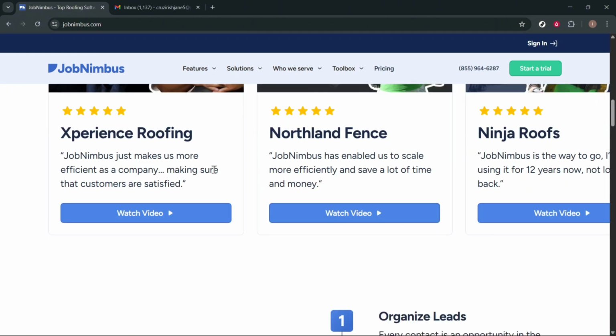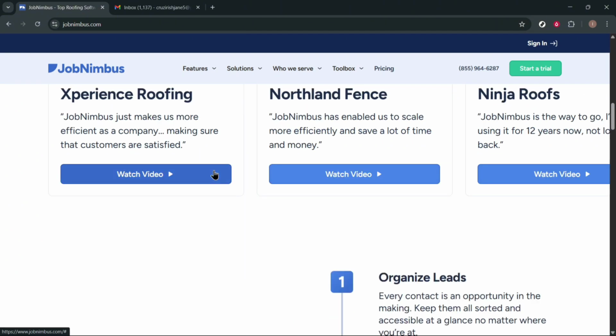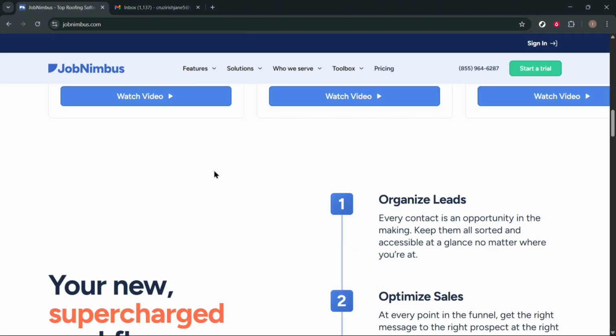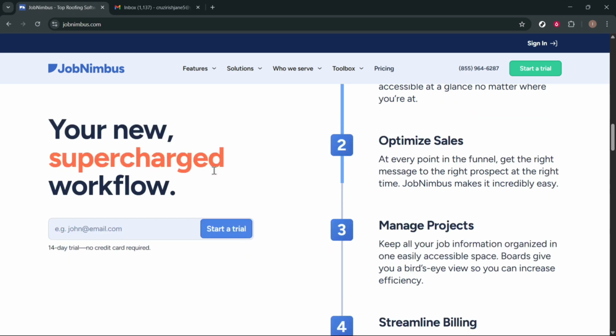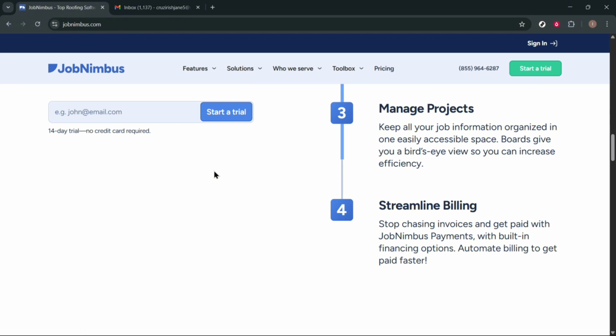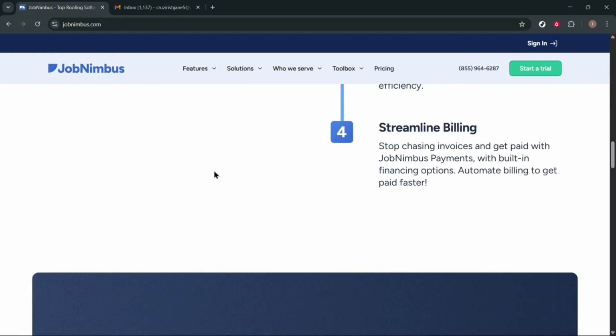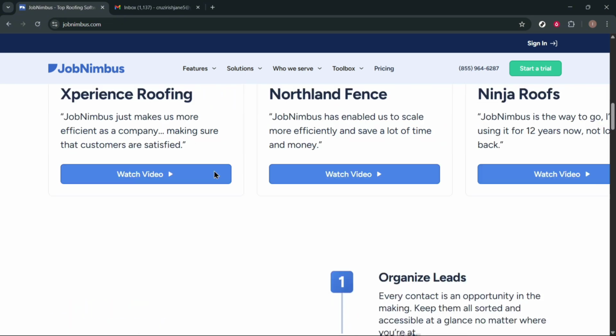Create estimates. Generate professional estimates with built-in templates. Send estimates to clients via email directly from JobNimbus. Track approvals and convert estimates into jobs, so use drag and drop boards to move jobs through production stages,